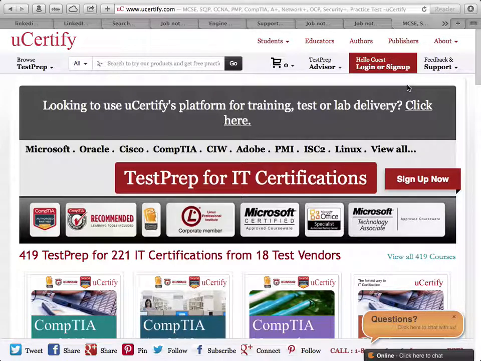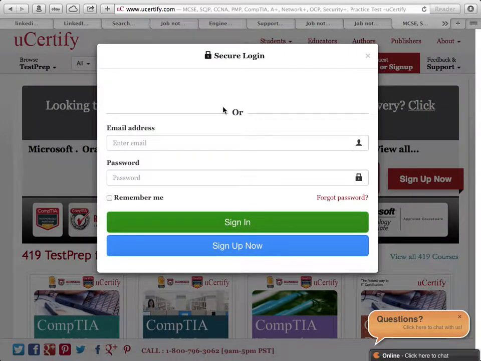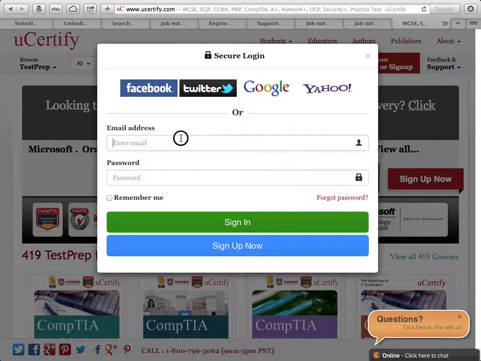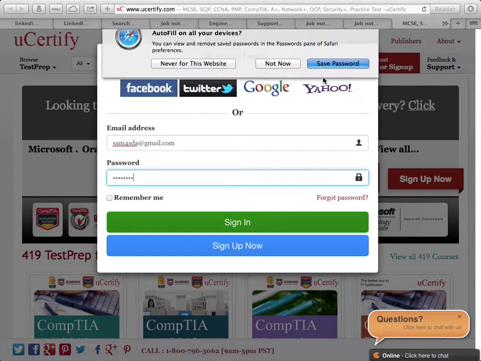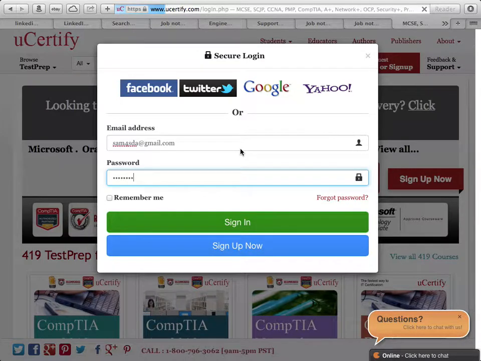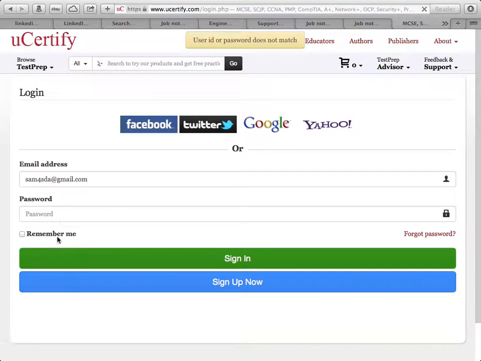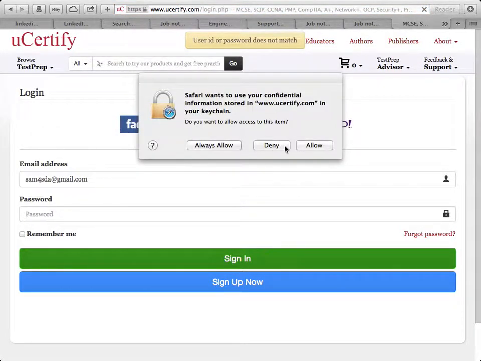They've actually given me access already. So I'm going to try to log in now so that I can show you how it works. I'll sign in with my email address and my login. I hope that's my correct password. Okay, maybe that's not it.